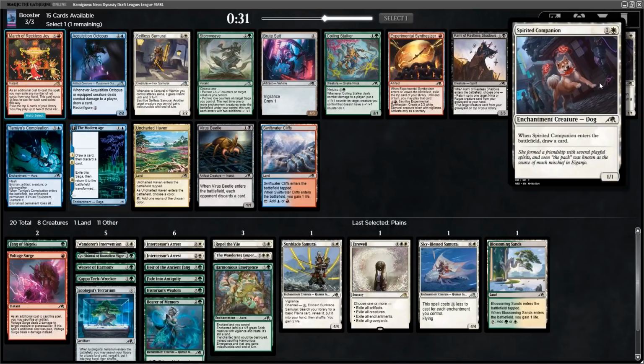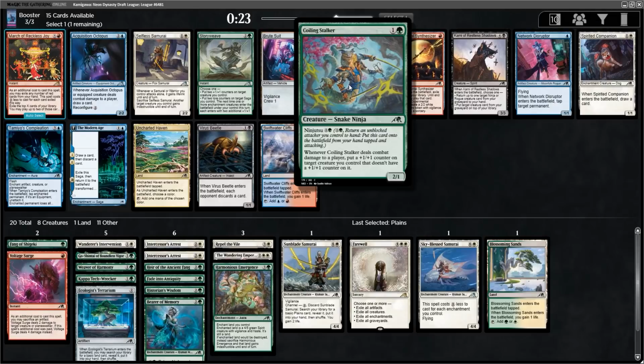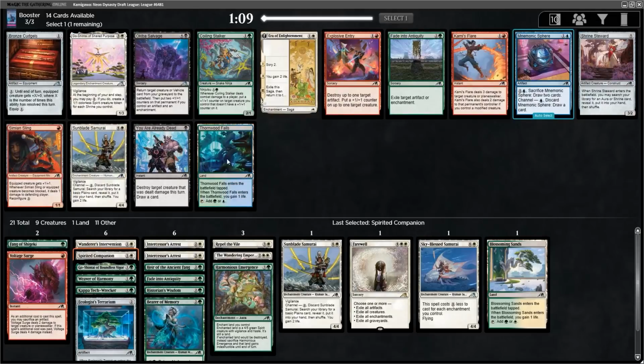I guess for us, we might just be taking this 1 mana 1/1 that draws a card. Sorry, 2 mana 1/1 that draws a card. 1 mana 1/1 would be insane. It's either that or Coiling Stalker, which is whatever. We'll just take the dog here. Not the best first pick, but...